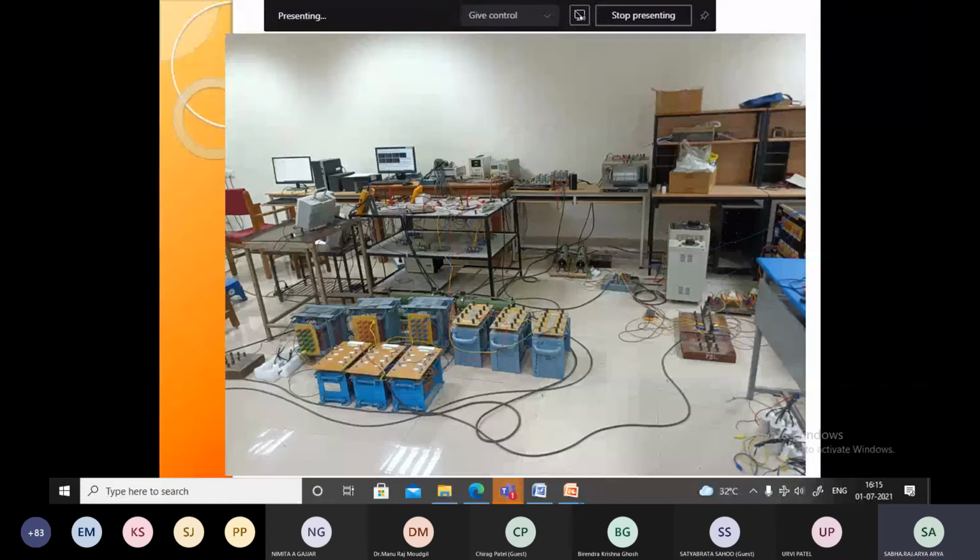So how can we get the non-ideal AC source? For that we have used a variac. Then we have rectifiers and load. Based on that, we have created non-linearity in the supply source, and the supply source we have given to the sensor. After that we have this processing. After sensing that signal, we have given it to the processor, and we have got the reference load current and reference supply current. In this case, first we need to switch on the shunt filter. After compensating current, we switch on the series filter.